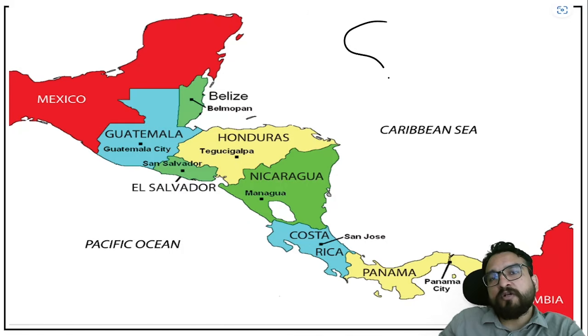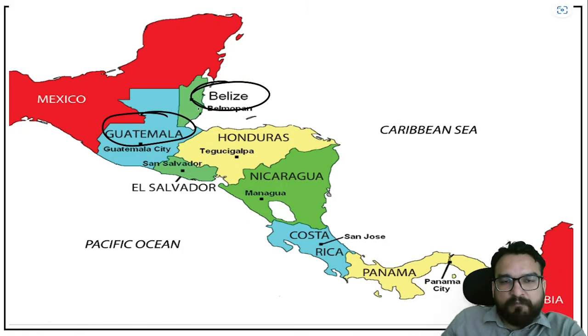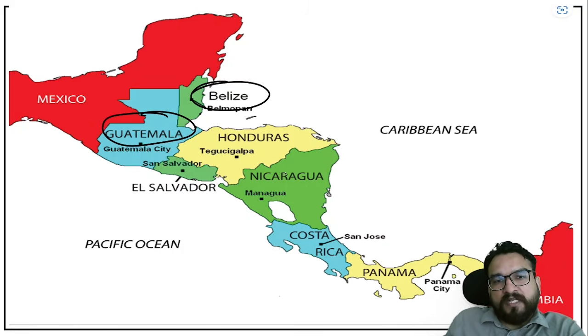Again, I can tell you the mnemonics, but I will not go for these heavy things. In Africa, I will not be telling you any of the mnemonics for the African continent, guys, and you will still be able to remember, right? Just follow what I am saying. Guatemala, Belize, Belmopan. Then you will be finding El Salvador, Honduras, and over here your Nicaragua.